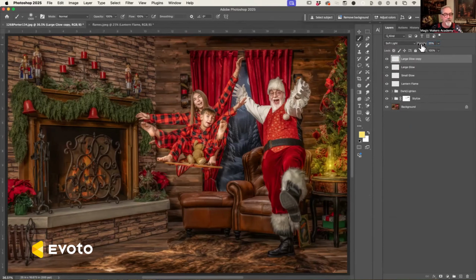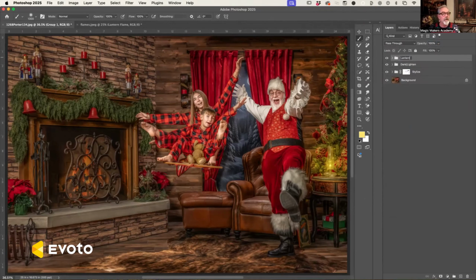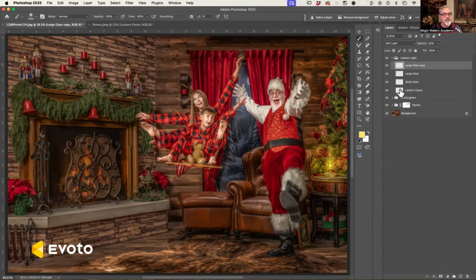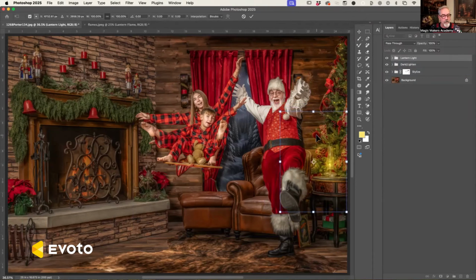Now I'm going to select those four layers. I'm going to hit Command G, and we're going to call this lantern light. But before I'm done with that, I'm going to come back in. Now I'm going to select all of these and chain them together, just in case I decide I need to move my lantern light. Watch, it all moves together. Okay. Now I've just got to do the same thing with my candles,